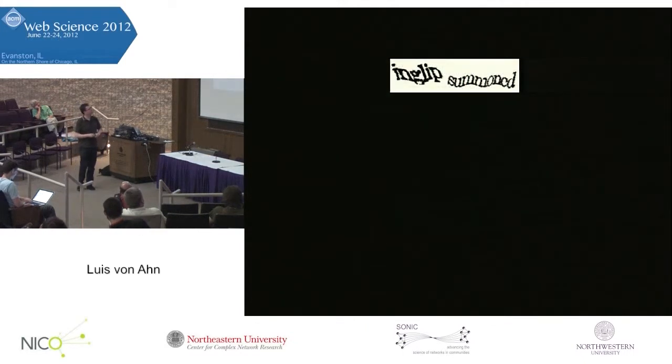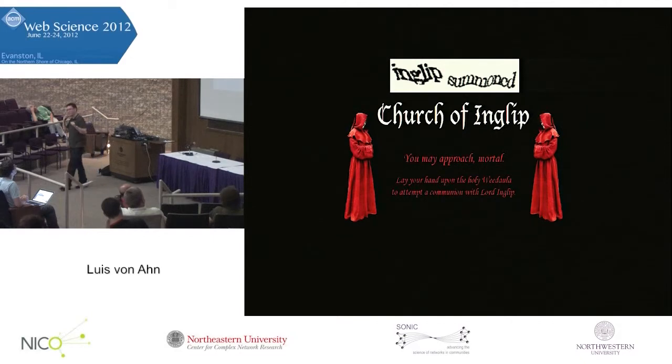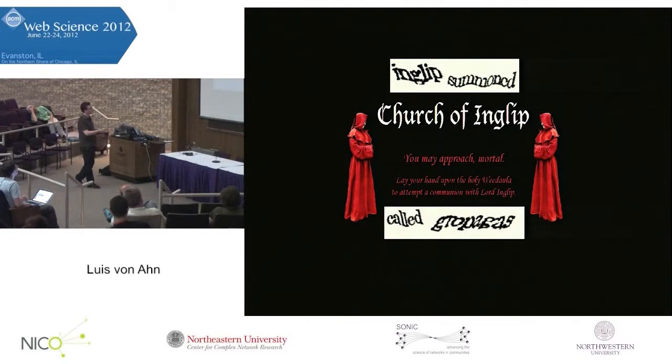Some CAPTCHAs, like this one, I don't know how many of you know about this, have created, this is totally weird, an entire religion. It's called the Church of Inglip. Inglip is the name of their god. It came from a CAPTCHA. I have no idea what book this came from, but anyways, from a CAPTCHA a whole religion started. The name of the followers also came from a CAPTCHA, and the CAPTCHA was this one. They're called Gropagas. Those are the followers. And the whole religion is as follows. The followers supposedly get their orders from CAPTCHAs. Okay, that's the whole idea.